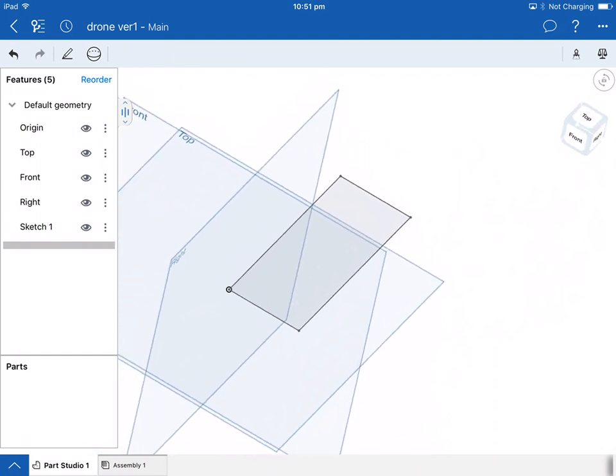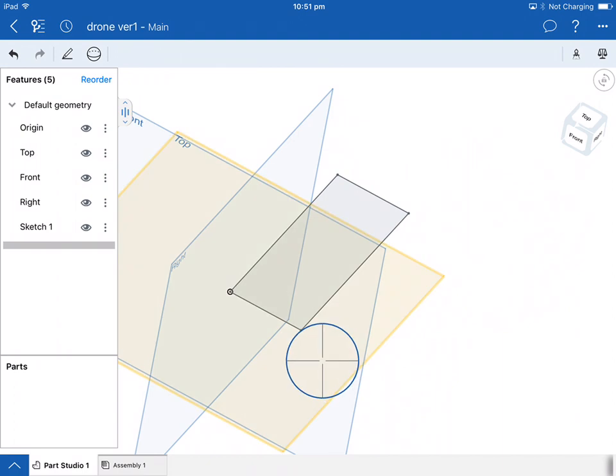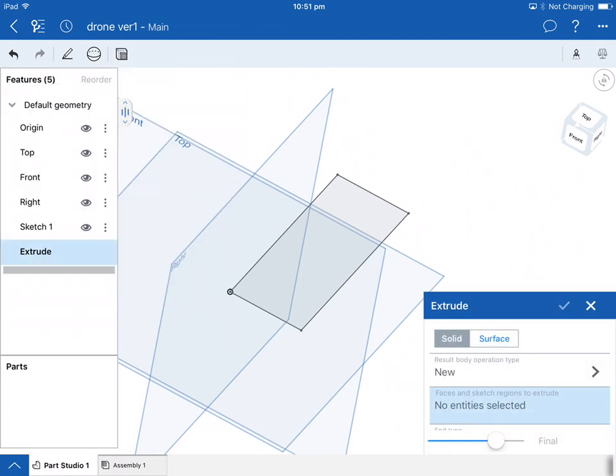Now we need to put some mounting holes into that. So what I'm going to do, any of these that engage, you can engage or disengage just by touching them. I want to create on that surface extruded 3mm thick. So I want to make the actual piece of material 3mm thick. So if I go to the little round sphere at the top, and I click and hold my finger on it, and then I click on the extrude, the top left hand corner one,